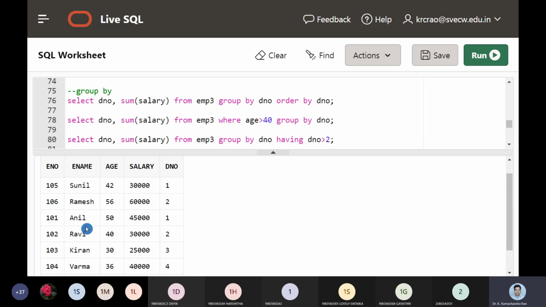So that we are going to get 30,000 and 45,000 as one group. So 30K and 45K, they are going to be one group. This is the first simplification. Next, what is the second group? The second group was 60,000 and 30,000.